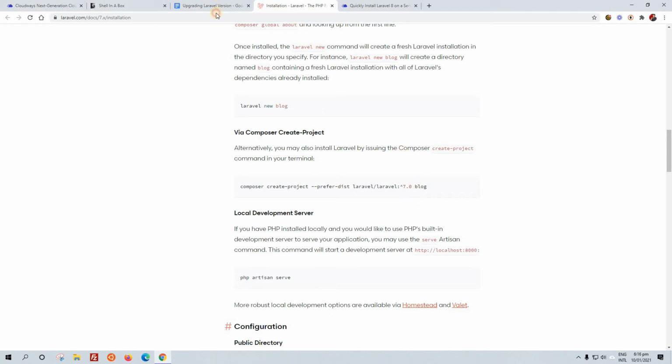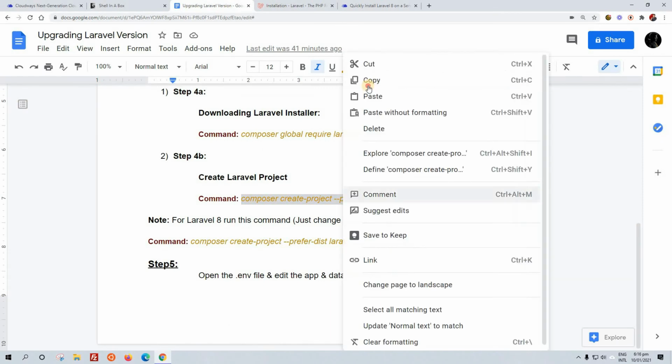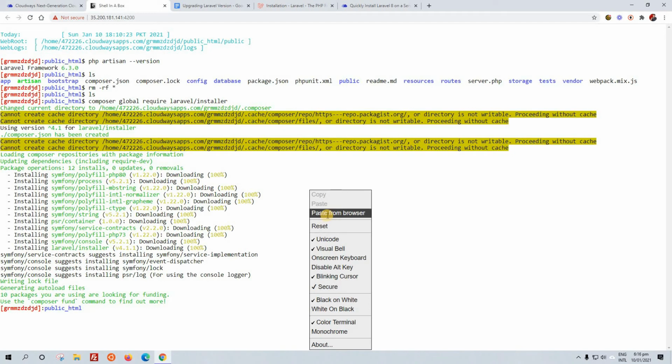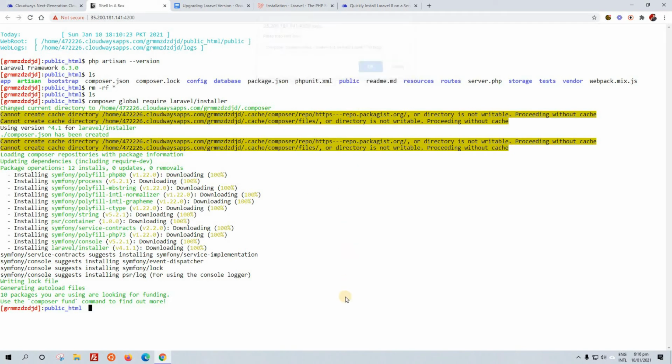The project name can be anything of your liking. I have pasted the command. What it tells the composer is to create a project of Laravel version 7, and the project name is going to be blog. It can be anything. It can be your project name. It can be anything. Hit enter.